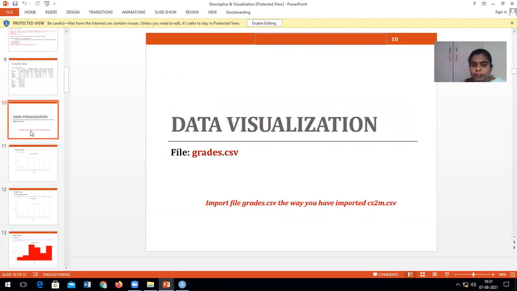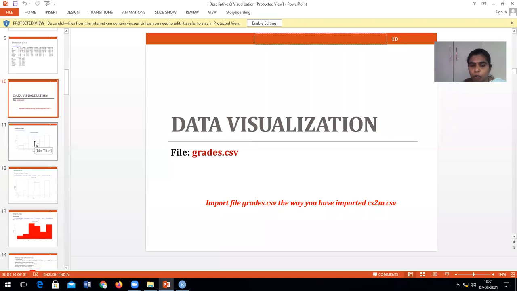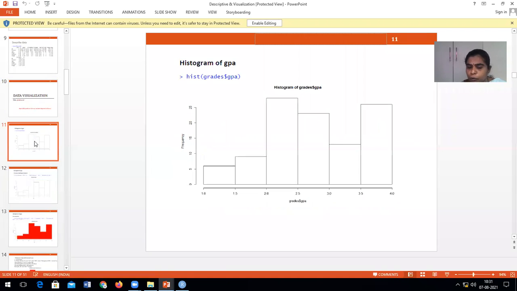So now we are going to look more into visualization. Already we tried plotting using histogram and box plot, and we are going to explore more on it. This is what we tried in the last class: hist, and then you give any variable, and the variable will be plotted. This one we have already done.